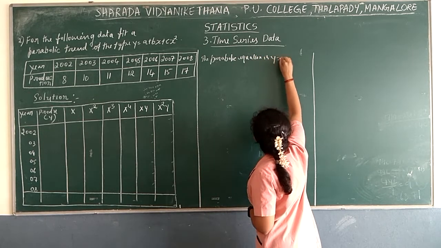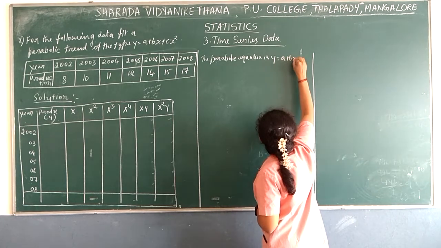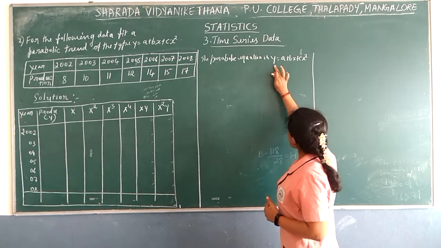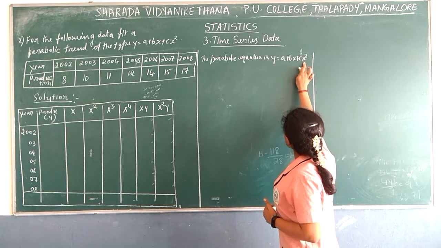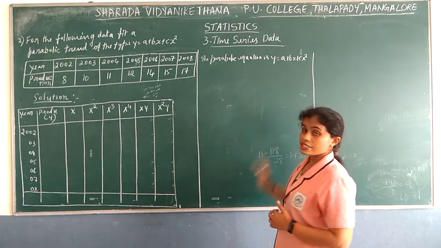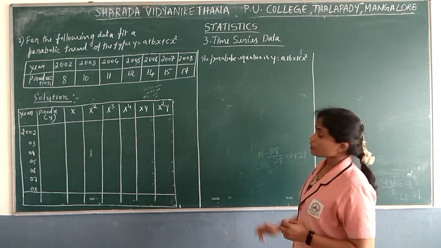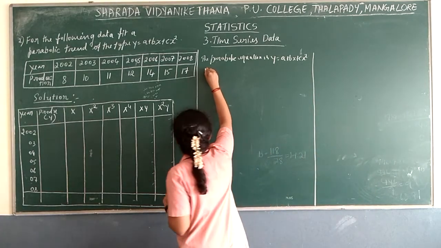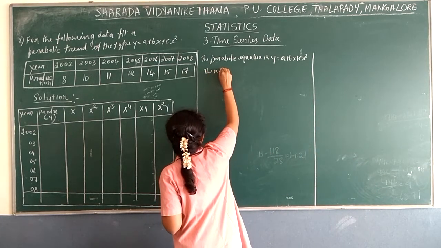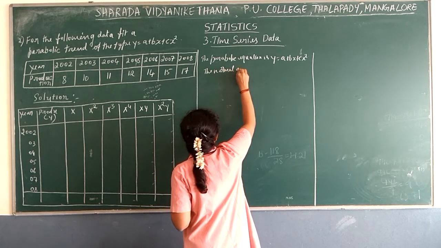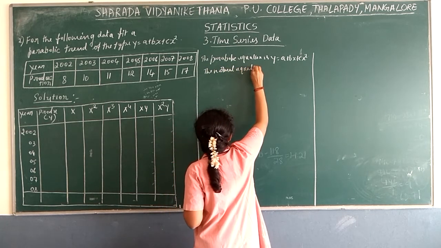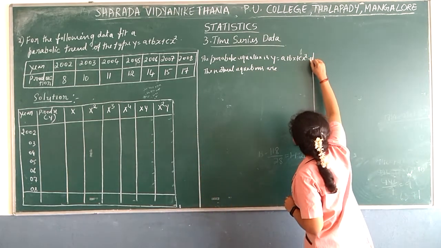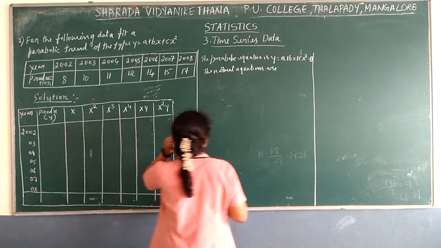y is equal to a plus bx plus cx square, and we know that y is the actual value and x is a tan, and these a, b, c are constants. So we need to find out the value of those constants by using three normal equations. So the normal equations are, this we consider as the first equation. The normal equation